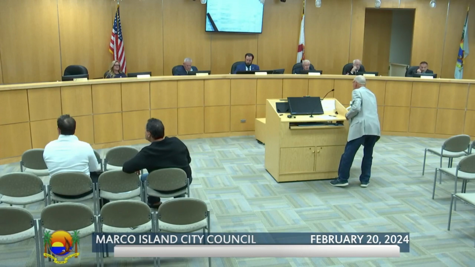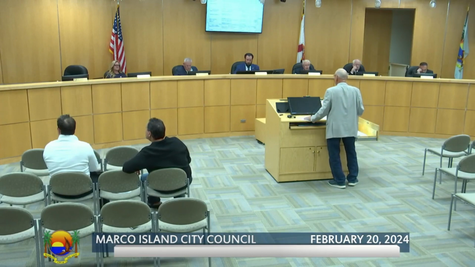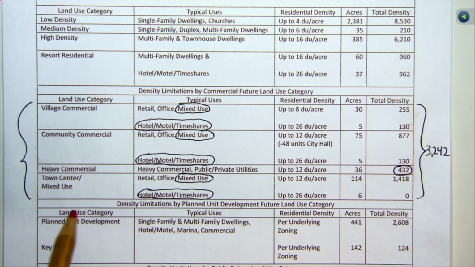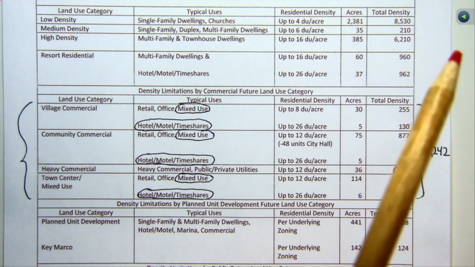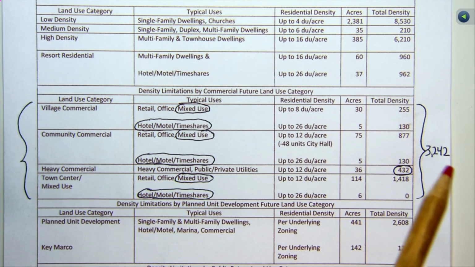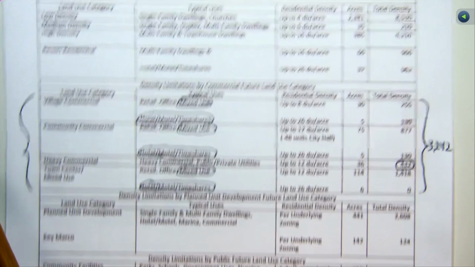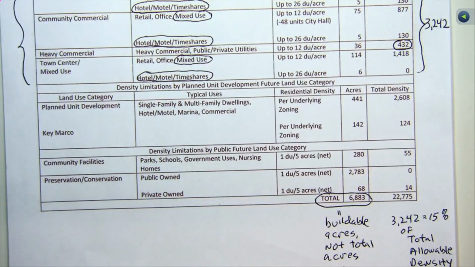Go back to this chart. So this is the density chart by land use category right here. And all of these land use categories are commercial. When you add them all up, it comes out to 3,242 dwelling units, or density, if you want to use them interchangeably, out of the total of 22,775. And that's a point I really want to make because,